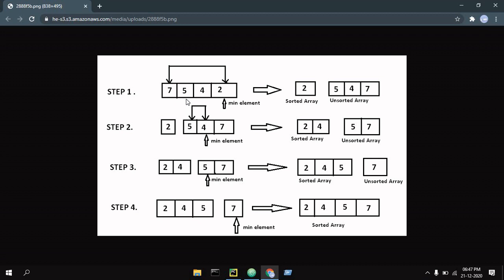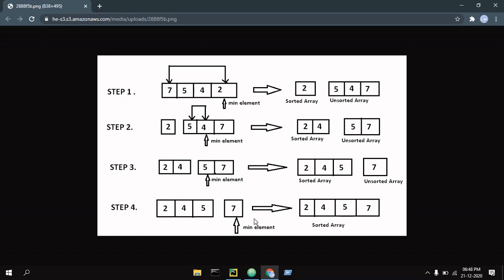It works in the same manner, but the difference is that we are sorting the smallest to the left, and in bubble sort we were sorting the largest to the right. You can go through these steps, and if you need more information, you can see the bubble sort video. It's the same mechanism but in reverse order, where we are selecting the smallest.